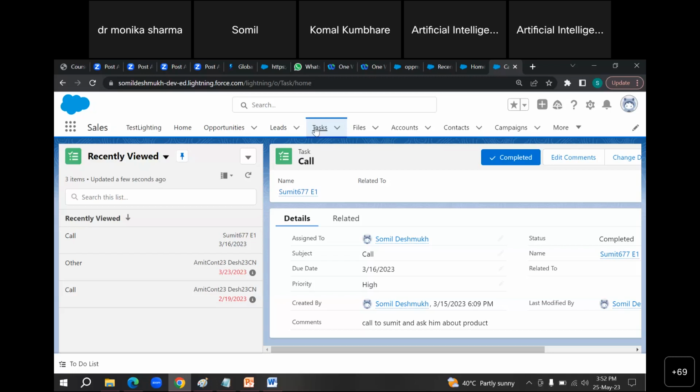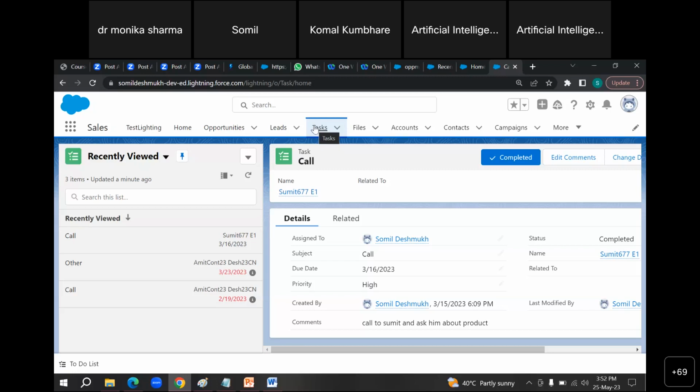And if you want to assign all these things to the user, what you have to do is create a task. So task is the daily work that your company people would be doing. A manager would be assigning all these things to the people, means your support team or the employees of the company who are using Salesforce, and people would be working on that.